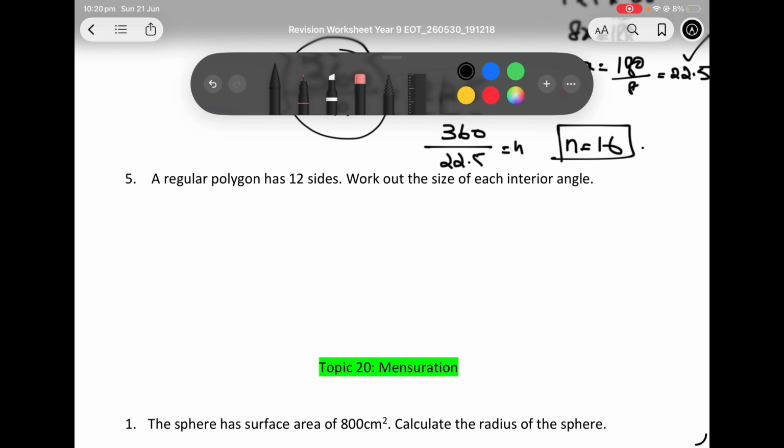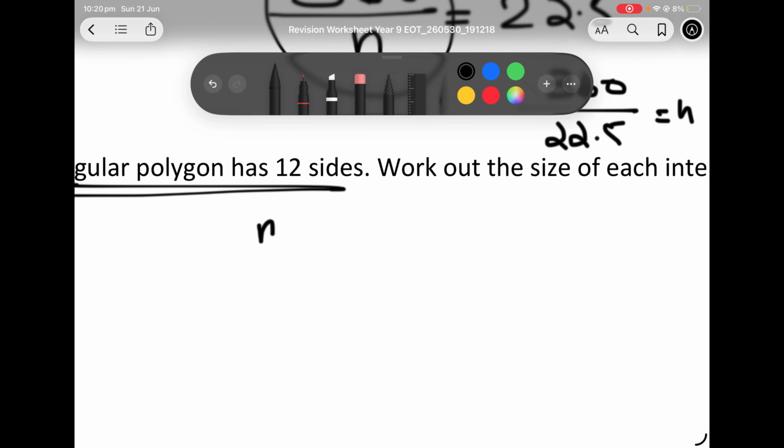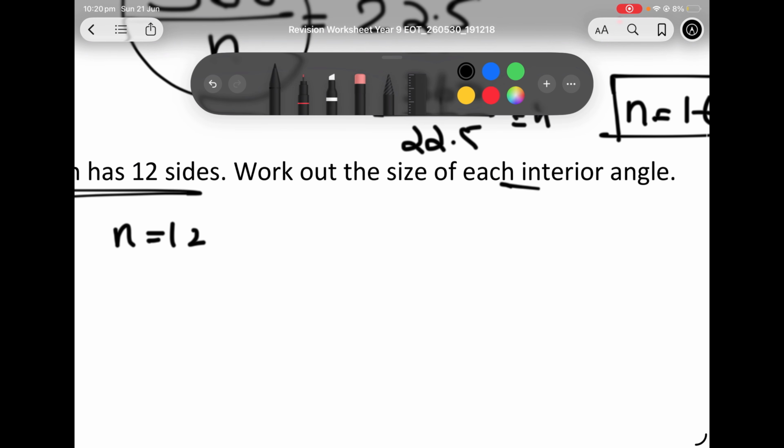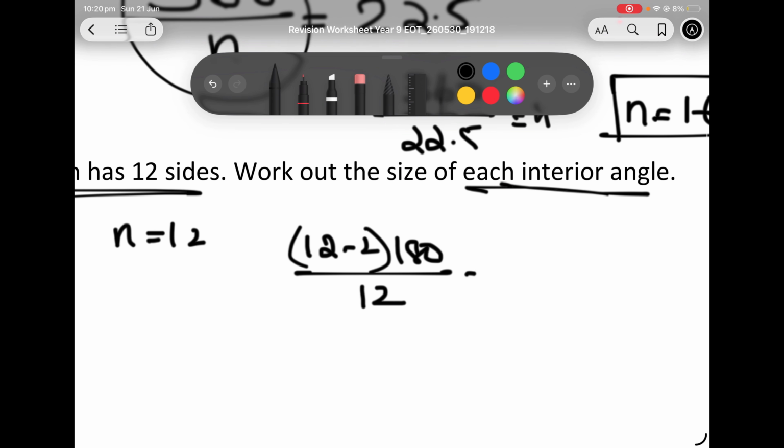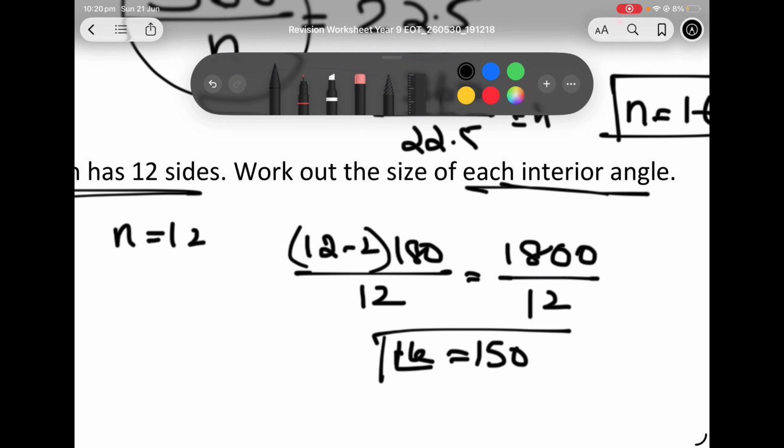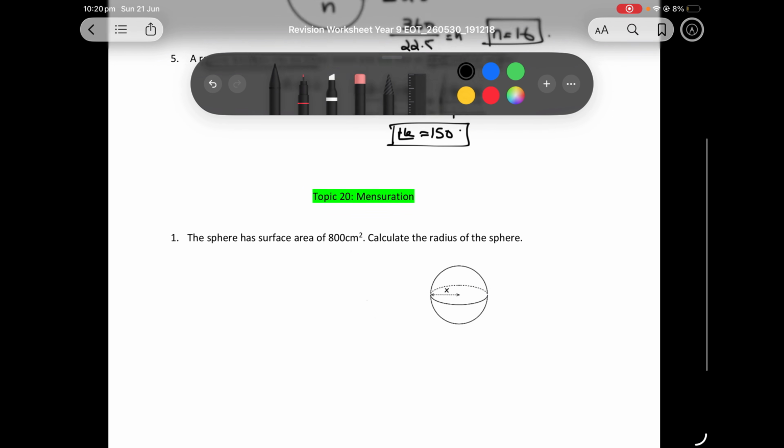Finished. Next, a regular polygon has 12 sides. N is equal to 12. Work out the size of each interior angle. So (12 minus 2) times 180 by 12. It becomes 1800 divided by 12. It turns out to be 150 for each interior angle. The interior angle is 150 degrees. Next,